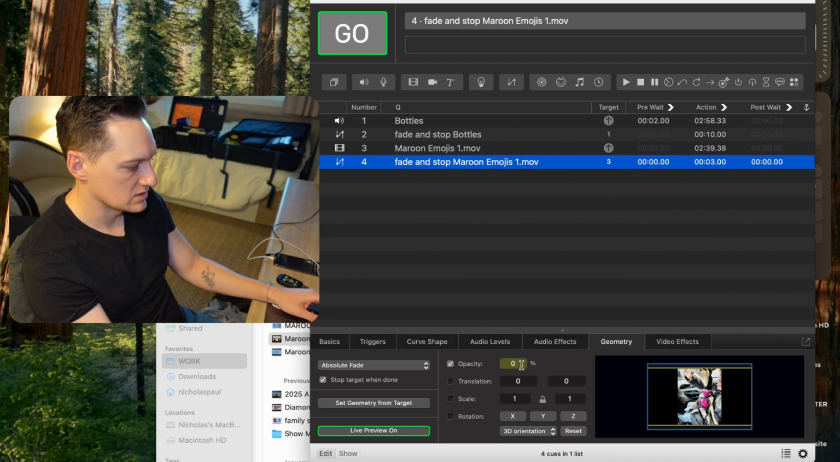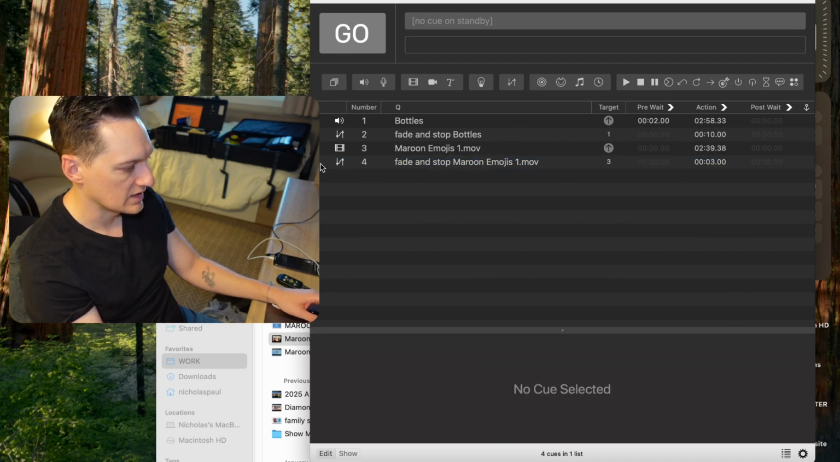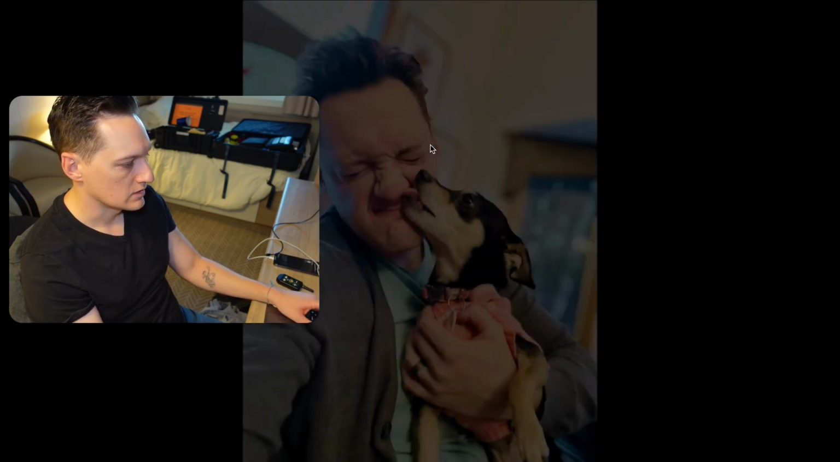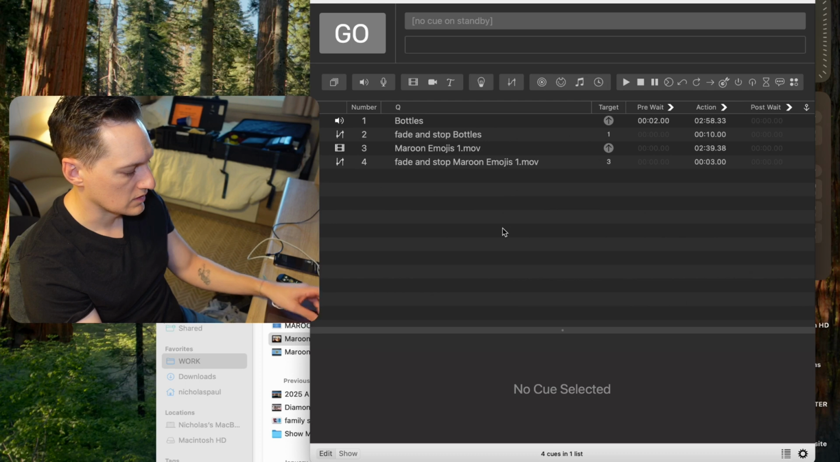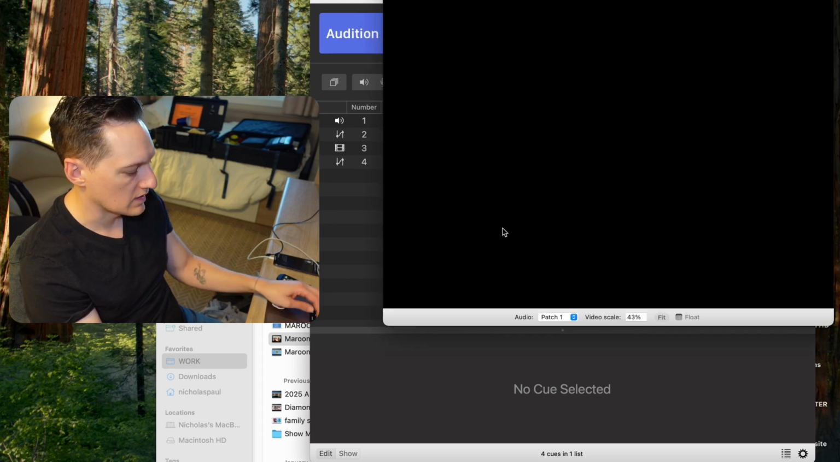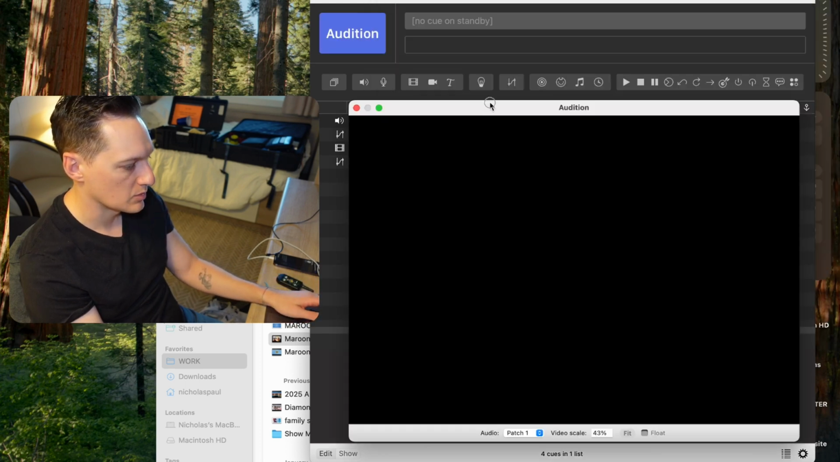I'm going to bring that down to 0. And now that X is gone. So I hit spacebar, and it did full screen, which I didn't want to do. So if you want to get a little preview window, I'm going to do this. Command Shift A, that'll bring up a preview